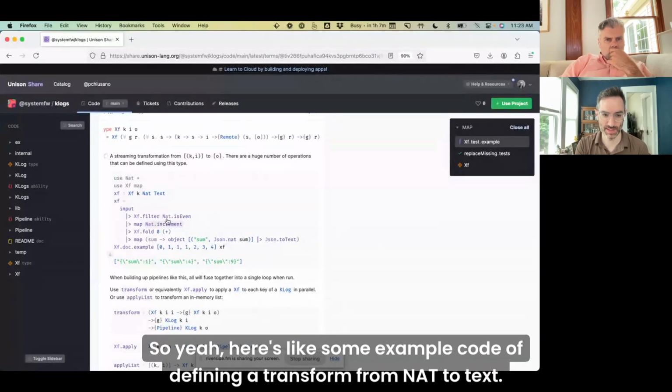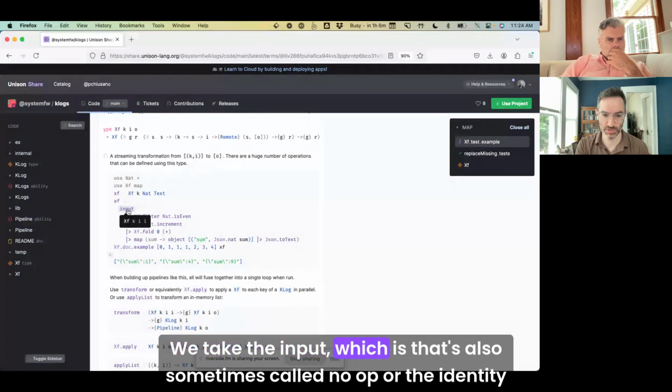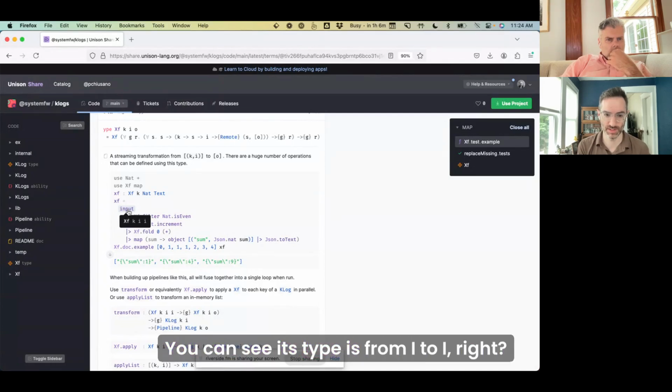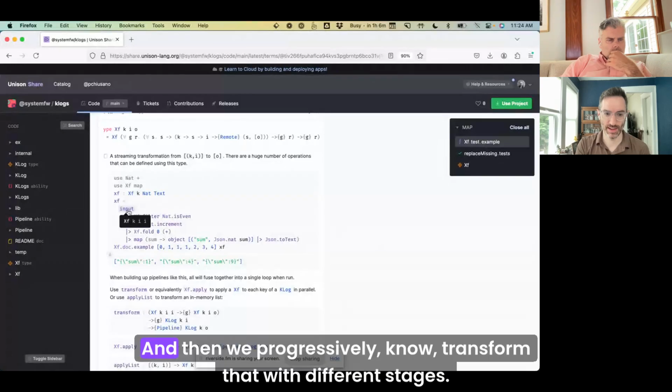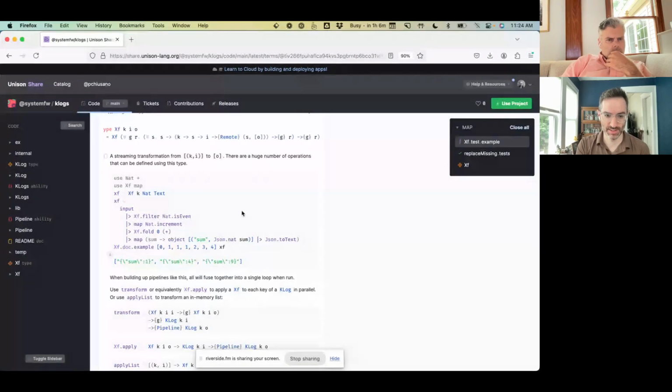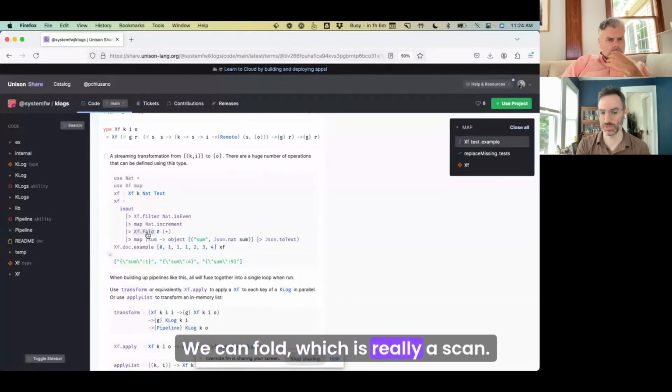So here's some example code of defining a transform from Nat to Text. We take the input, that's also sometimes called no-op or the identity transform. You can see its type is from I to I, right? And then we progressively transform that with different stages. So we can filter, we can map, we can fold, which is really a scan.